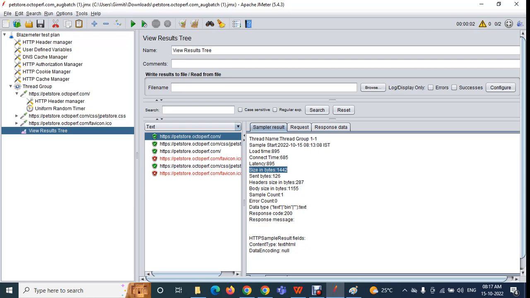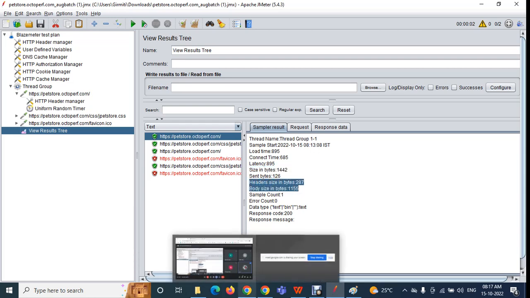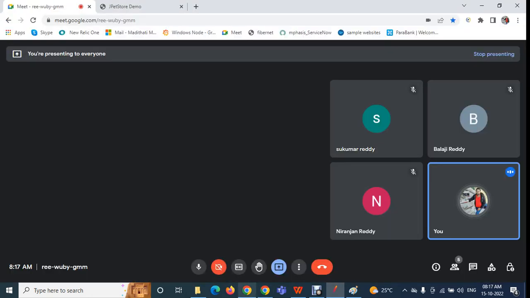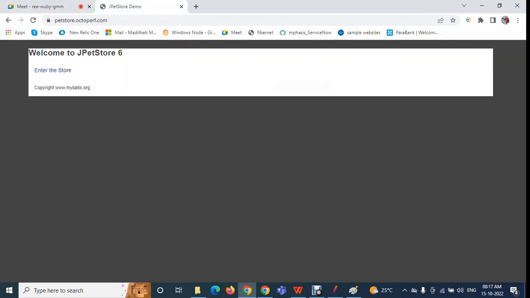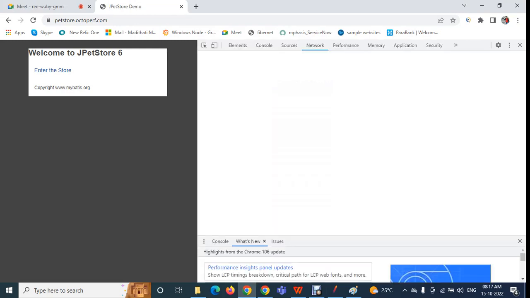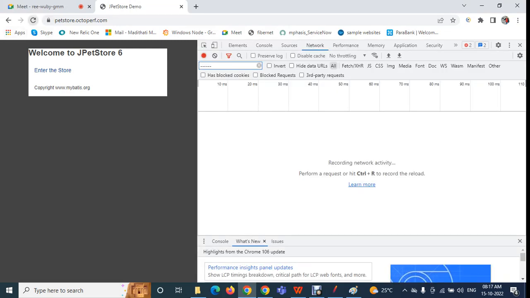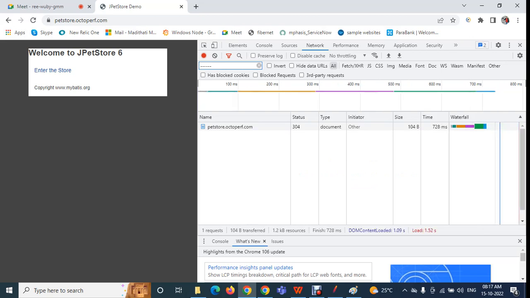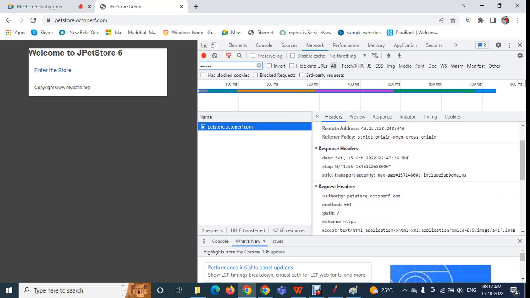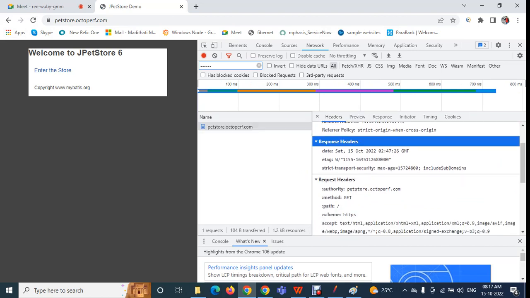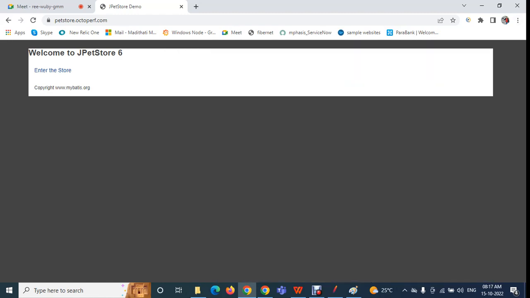ఓకే, హెడర్ సైజ్ ఎంత, yesterday I told you, right, for each and every request, so there will be supporting headers. Okay, so in the developer tools we have seen it. Press F12, you can see the developer tools. Just refresh the page, any one of the page, so you can see the request and all. Click on the request, and here you can see request response headers will be there, and also request headers also will be there.